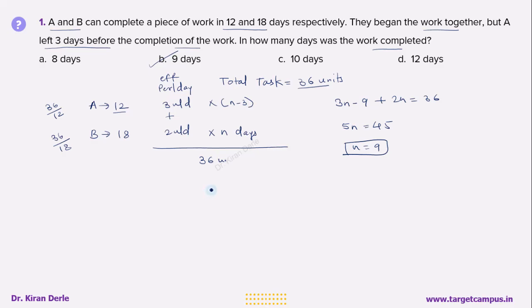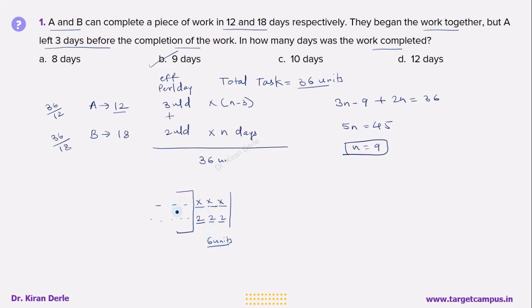There is also another thought you can give. If the work lasted for some days, and your work has got completed, then in the last 3 days A did not work. A is not producing any units, and B is doing the work for the last 3 days. Before that, both of them were working together, but for the last 3 days calculation, only 6 units are getting produced,